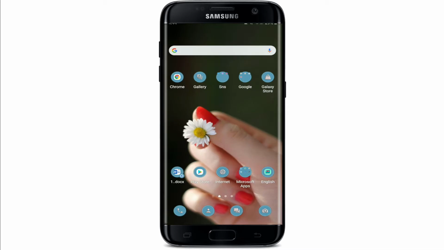Today, we'll be learning how to send story to your friends on Instagram. If you are an Instagram user, you must know about the Instagram Stories feature. It is a great way to share photos and videos that you want your friends and followers to see. If you want to share your Instagram story to one of your friends, you can also share other people's story